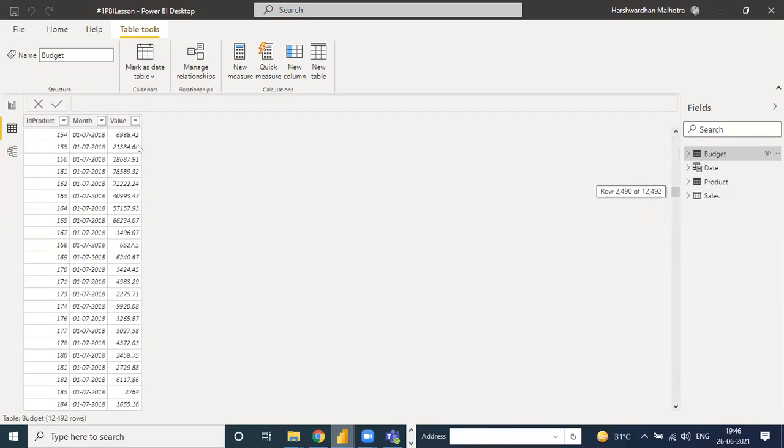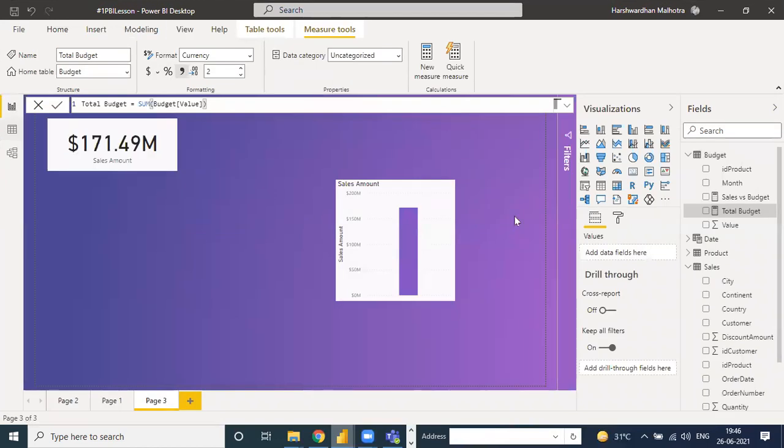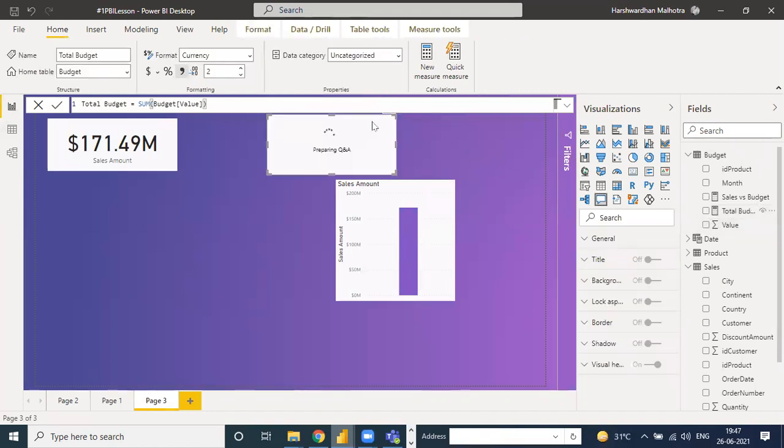The sum of all the values means the total budget, and the same is here: SUM, where budget is the table name and value is the column name. So that gives the total budget, and then move it here.